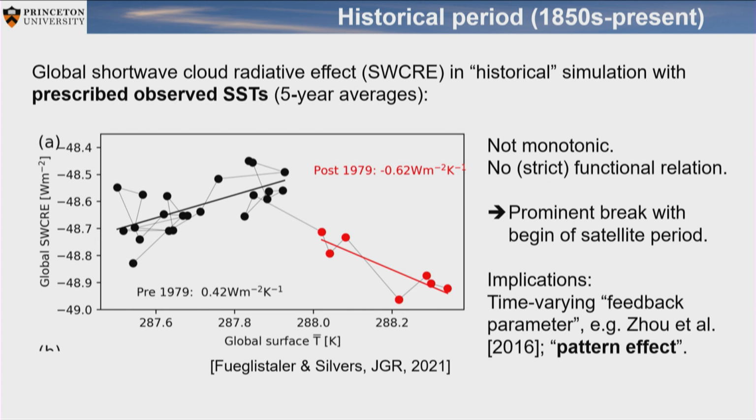Part of that is giving us pause for thought when we look at the more recent record. When we run a climate model, for example, with observed sea surface temperatures, we observe a cloud radiative shortwave feedback that looks like this. So each point here corresponds to an average temperature and the corresponding global average shortwave cloud radiative effect. And this is over the historical period, so since the late 1870s to present. And what you see is first there is scatter. So it's not a single functional form between average temperature and shortwave CRE.